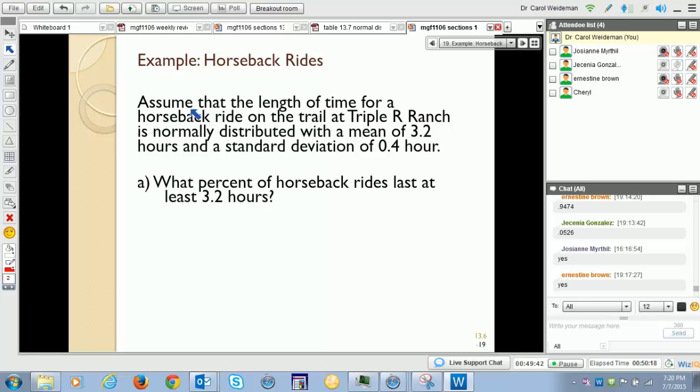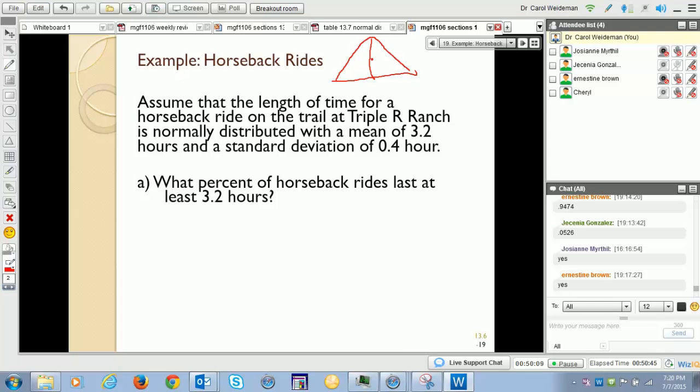So, horseback rides. Assume the length of time for a horseback ride at this ranch is normally distributed with a mean of 3.2 hours and a standard deviation of 0.4. What percent of rides will last at least 3.2 hours? Now, notice the mean is 3.2. Remember the normal distribution? If the mean was right in here,